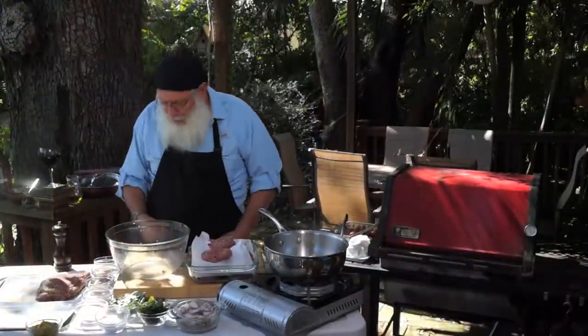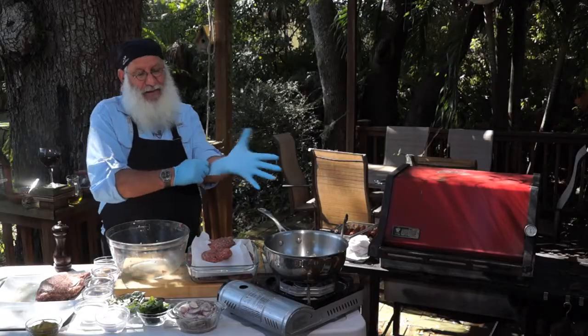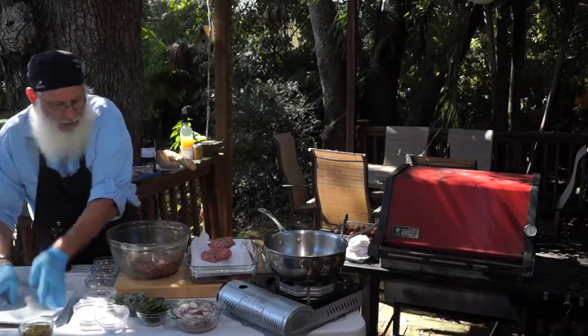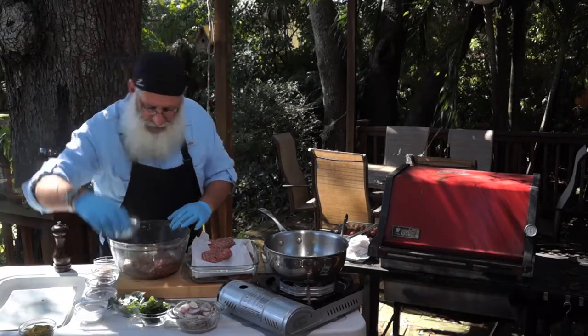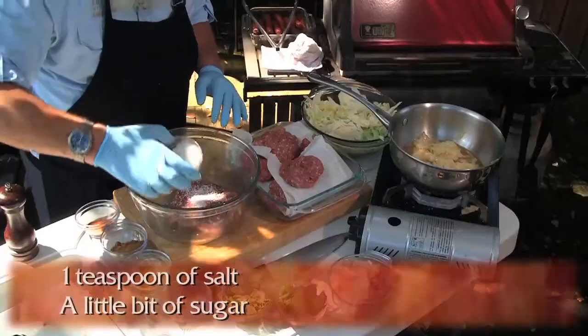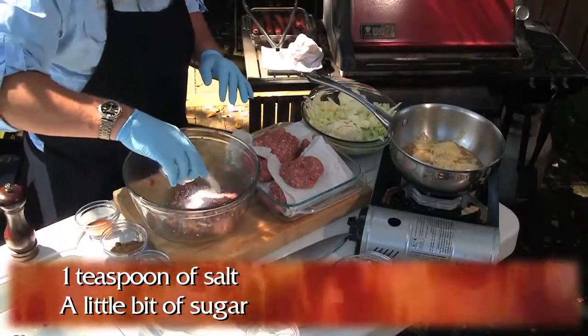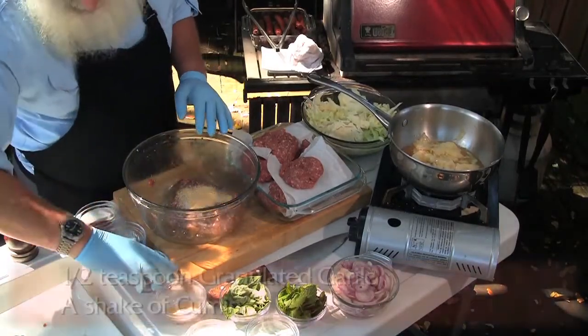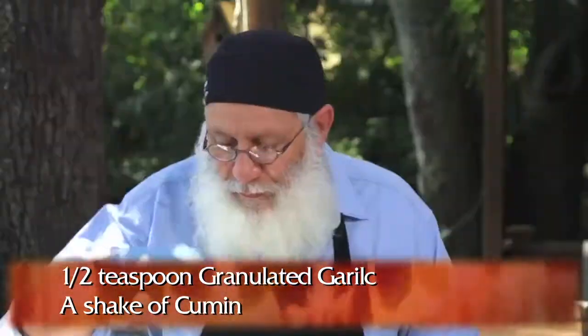Okay, now we are going to do our last burgers, which are the lamb burgers. Now the lamb burgers get a different seasoning altogether, okay, than what we've done before. Well, you have some similarities, but we're going to add a little bit to it. Okay, and then we're going to put them all on at once because they all cook at about the same rate. So we take a nice pound of our great KOL Foods lamb, a little bit of salt in here, good, a little bit of sugar, sound familiar so far, okay, a little bit of granulated garlic, okay, a little bit of our cumin,